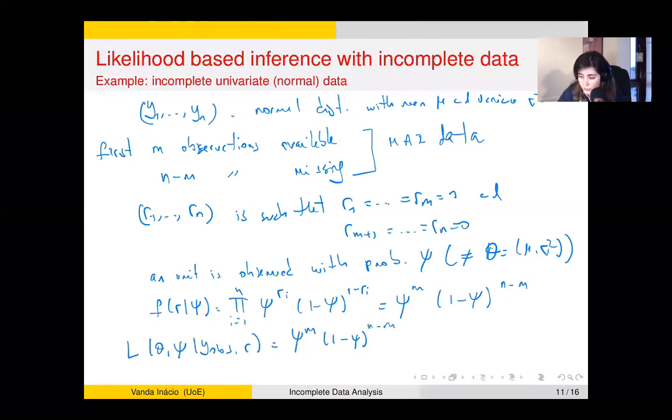And now for the observed part, f, this is just the likelihood, or the joint density, of normal random variables, and I have the first m of them, right? So I can still write this as